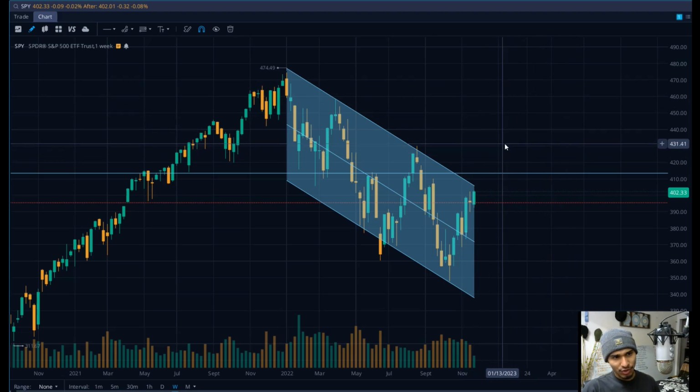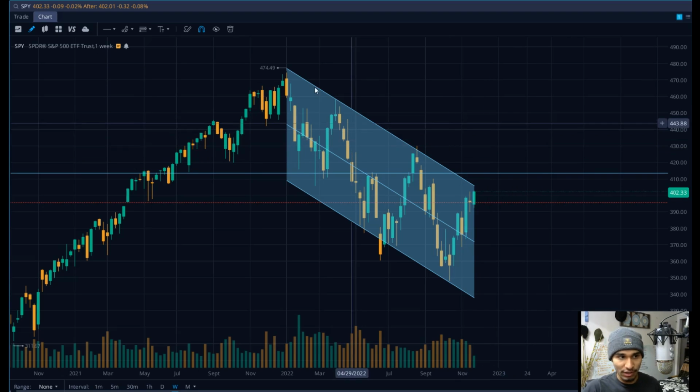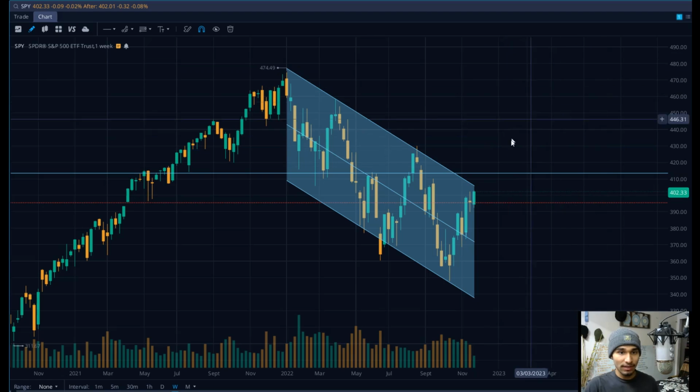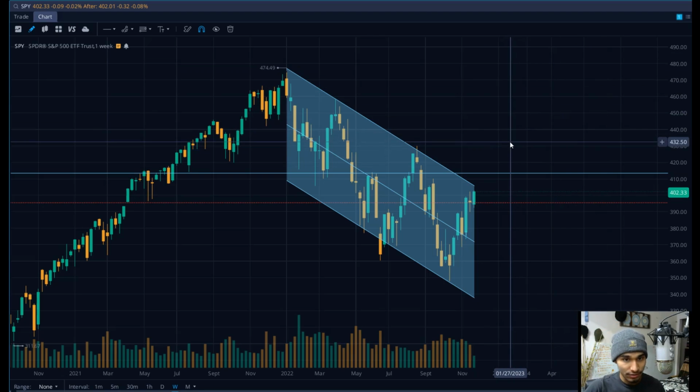But at what point does the trend actually break? The real trend, not my trend lines, the real trend. Well, we mentioned that a trend consists of lower highs, lower highs, lower highs. So the point that we go over this line, this previous higher low, which is at 430. Once we start trading above 430, that's when the whole trend is going to dissipate, and we're going to potentially make higher highs and start the trend all over again upward. So that's going to be the ultimate place to be buying.